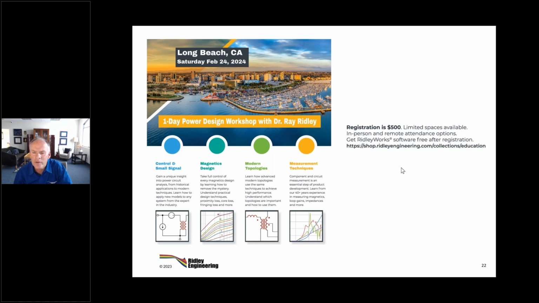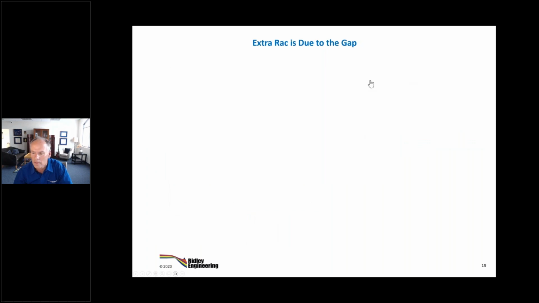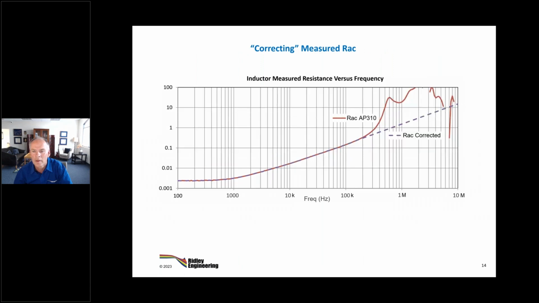Somebody said slide 14 is interesting. Let's see if I can find that. Slide 14. Well, a wild curve, I assume you're talking about the whipping around here. The reason this is a hard measurement to make is because we're trying to measure 2 milliohms, and we've got lots of inductive impedance in here. So it gets very, very hard to extract that DC part from the AC part,